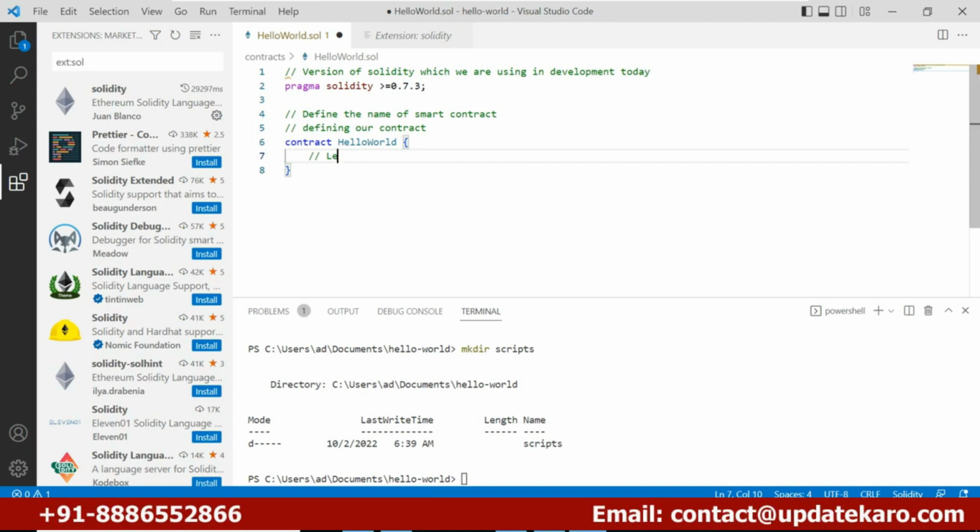What we need to do for that is we need an event to be declared. Now that event should have the old message and our new message. So let's say this event. Now we have events in our Solidity programming language, and what we are doing through our code is we are updating those events. So we will say event update messages,